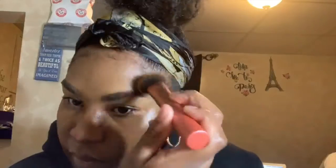So now I'm obviously putting on my foundation. I've never used this foundation on myself before. It's a Maybelline foundation. I don't like it. After doing this video, I just realized this was not the foundation for me. And the thing is, I just didn't want to do matte. The only other foundation I have right now is a matte one in my shade, and I wasn't feeling a matte look. I kind of wanted to do something a little bit more dewy, because on a regular day, I would wear dewy makeup as opposed to wearing a matte foundation. So yeah,